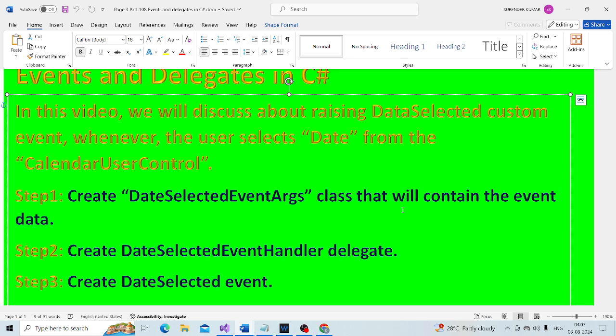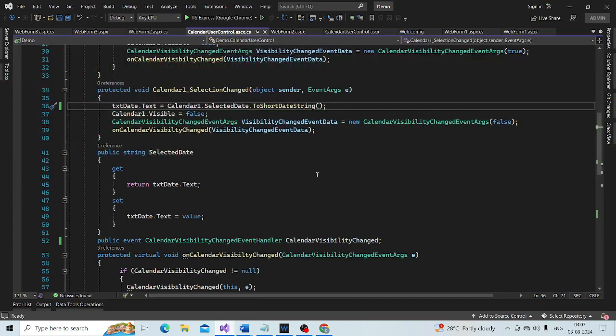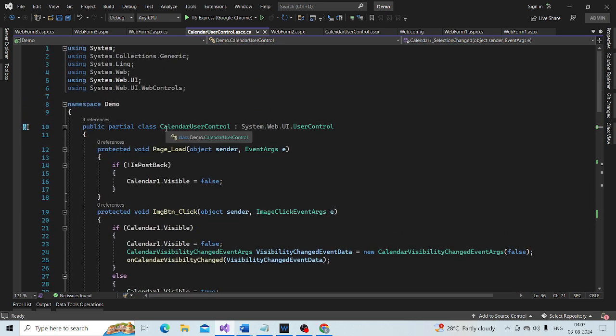As you can see here, this is the calendar user control class itself.